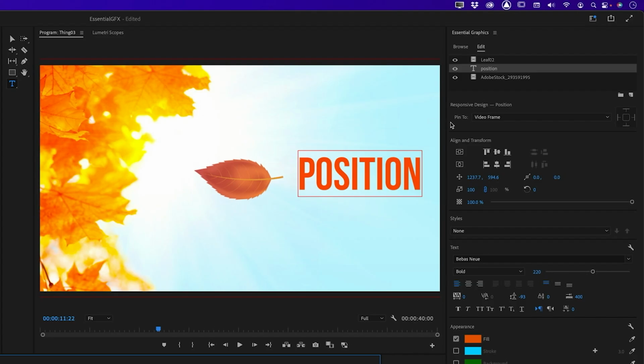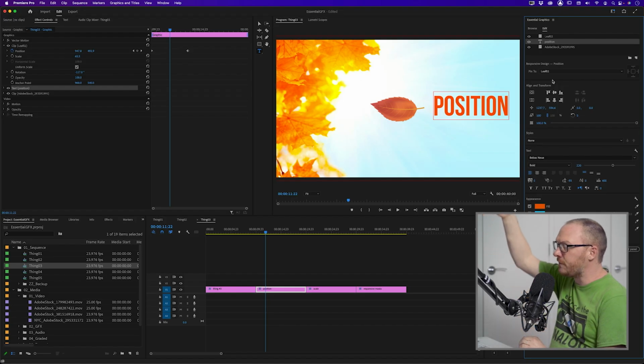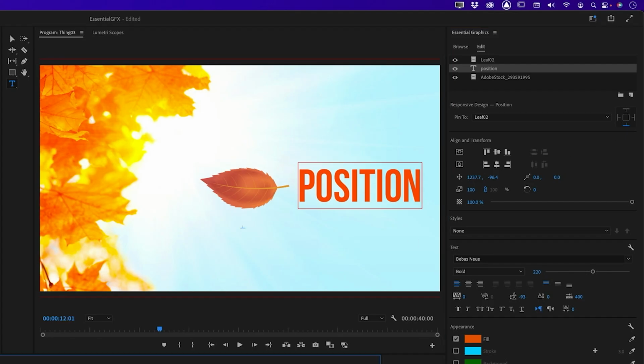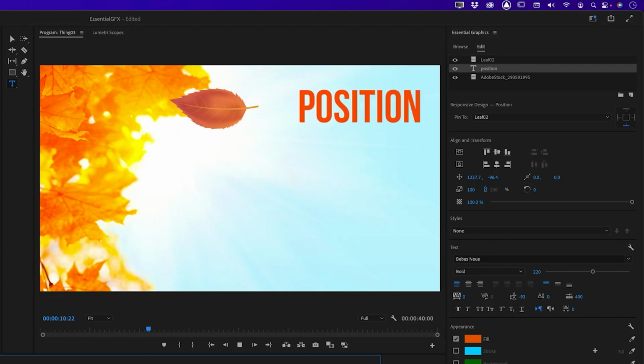And then I'm going to go to the responsive design settings. Here it says pin to video frame. I'm going to change this to the leaf. And I just want this to move vertically with the leaf. So to do that, I'm going to go over to this edge graph, and you can either click the top or the bottom. It's the same thing. I'll click the bottom. And now you notice that when I play this animation back, the text is actually falling